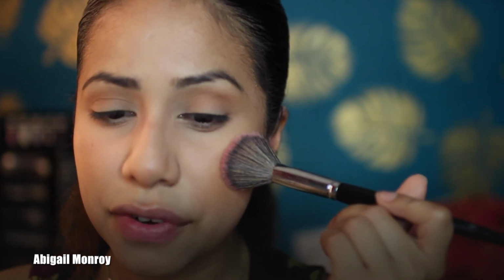For blush, I will be using this blush by Becca called Nightingale. It's my favorite. And this Morphe E4 brush. Packed, because this is very pigmented, like very pigmented. The way I like to put my brush for applying blush is, you see where your arch is? Down there, that's where you want to put the first